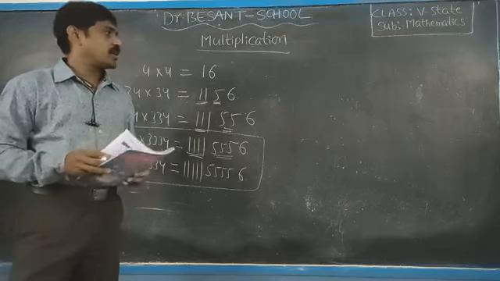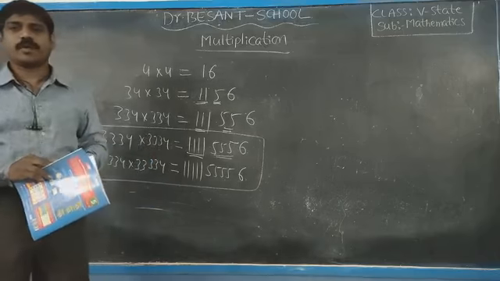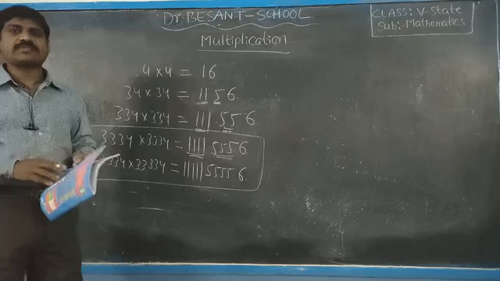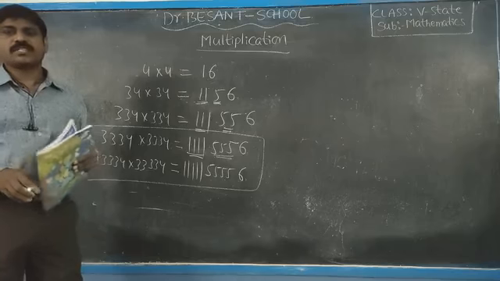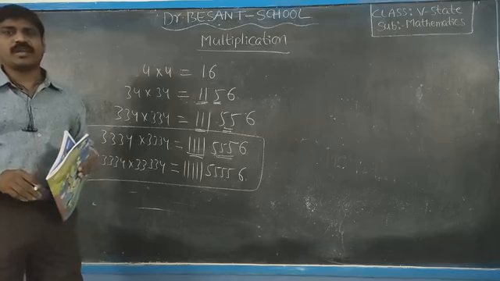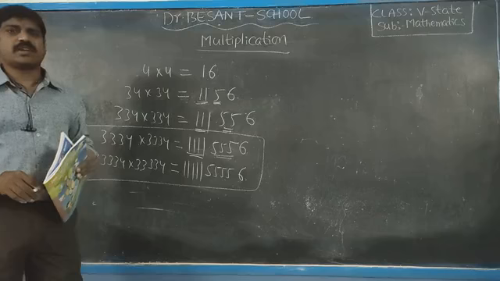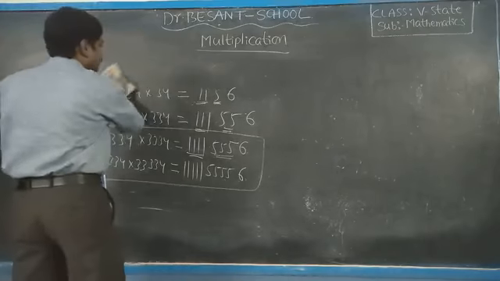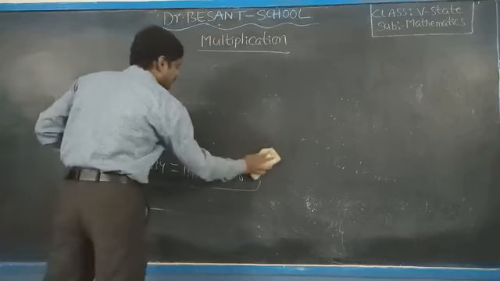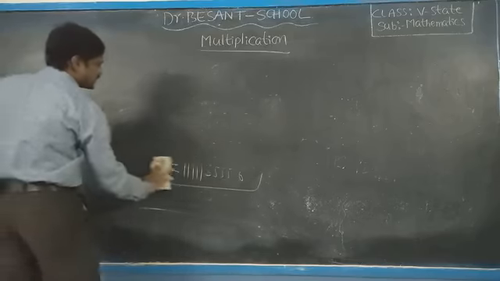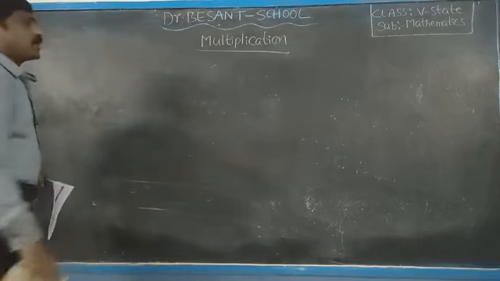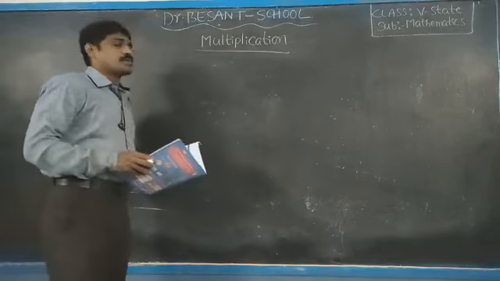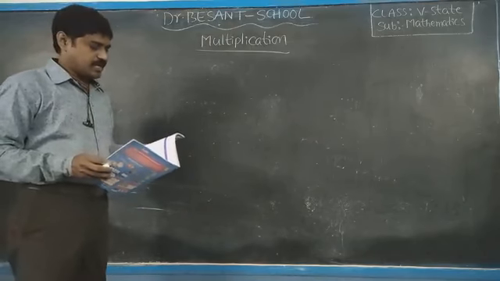Next, children, watch the video very concentratedly. Observe the PDF file, then only you have to write the classwork as well as the workbook. Each and everything I am sending, you observe the PDF file and write the classwork and workbook. Now I will give you homework. In multiplication, some direct multiplication problems are there, some missing multiplications, and some working sums also. All these problems we have completed successfully.